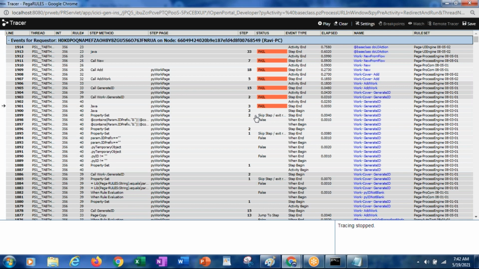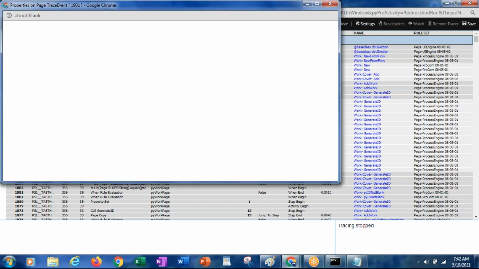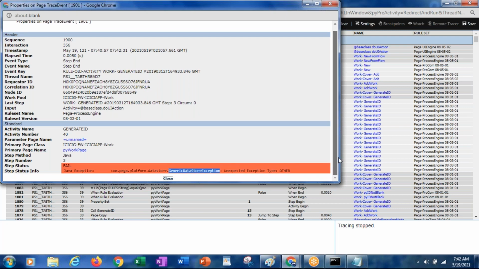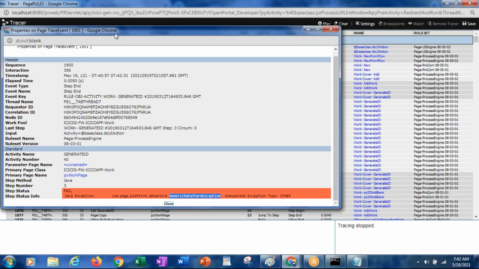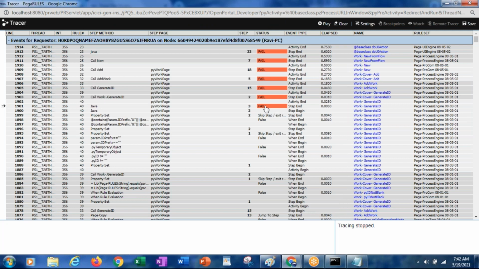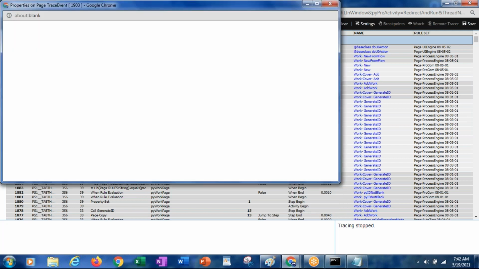So how did I find it through the tracer? If you go to the file, it is giving an unexpected exception type, a generic data store exception. By seeing these errors I found the type.